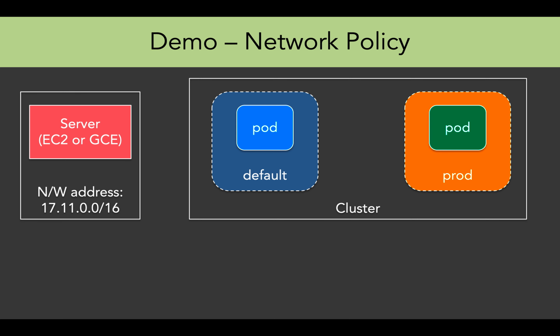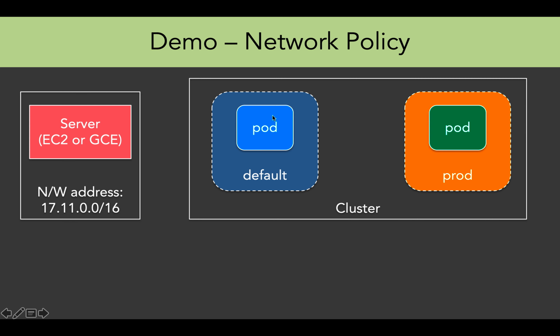So as the setup is done, first let us go ahead and see whether the pods are isolated or not. First of all, every pod should be able to communicate to the other pod. So what I'll do is that we have created a service of type node port for this blue pod in the default namespace. And then we have created a service of type cluster IP for the green pod in namespace prod.